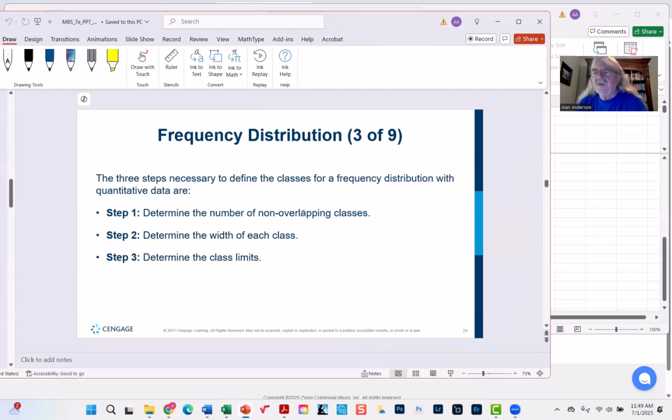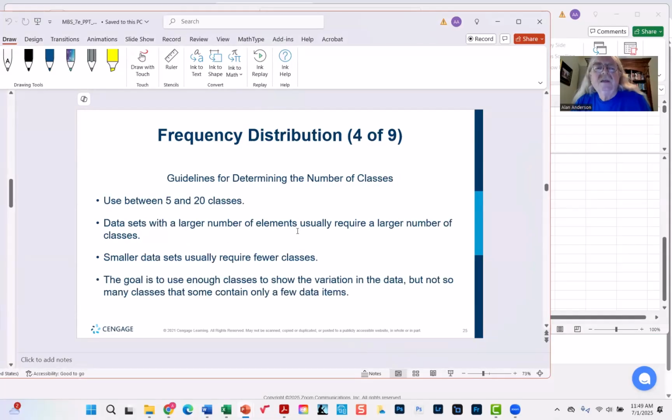But here we have numbers, we don't have brands. So we have to choose ranges of numbers to set up our frequency distribution. We'd like to set it up in such a way that it makes sense, that it's easy to see what the results mean. So we'd like to choose the widths of the classes that we'll use for this frequency distribution. What they recommend is that you probably not have more